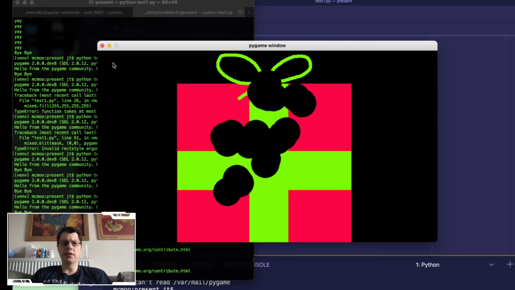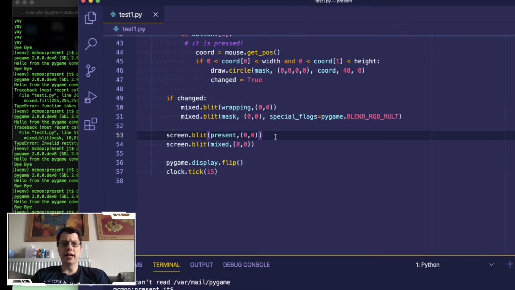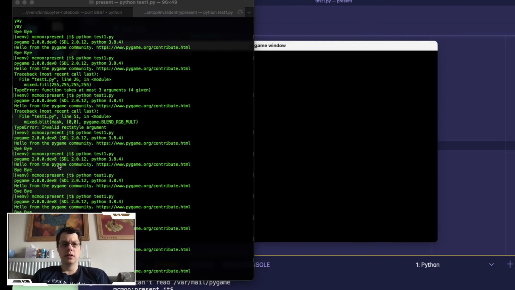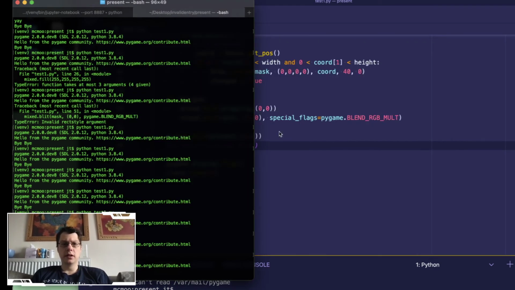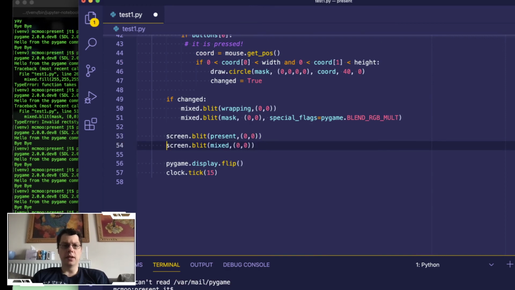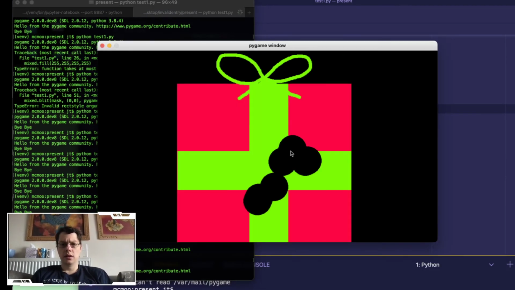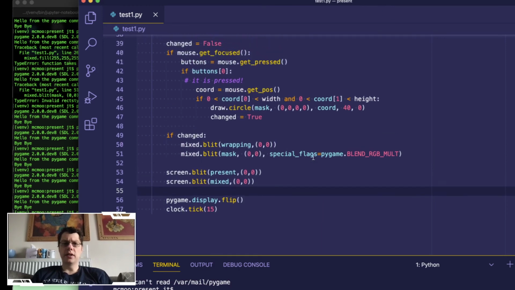But we're not seeing the layer underneath. So I just want to check, if I take out the mixed layer, do we actually see the present? We do, excellent. So I put that present back in, the wrapping paper back in. And present isn't there. So the issue, I think, is definitely to do with this combination of